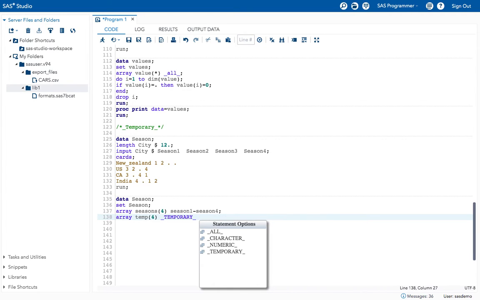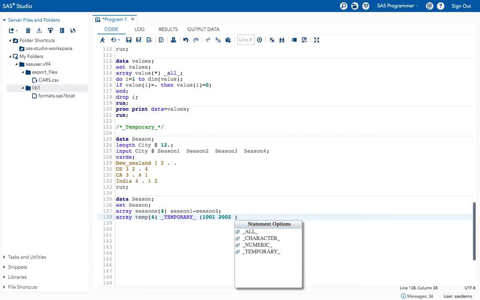What I want to do is, for this temp, if the season 1 value is missing, I want to give 1001 as the value in the missing data values. If season 2 is missing, I want to give 2002. If season 3 is missing, 3003, and 4004 for season 4.